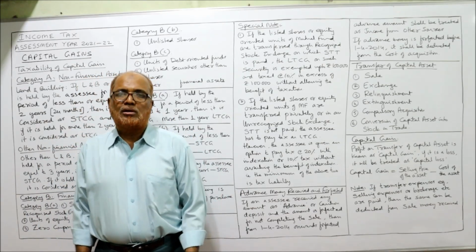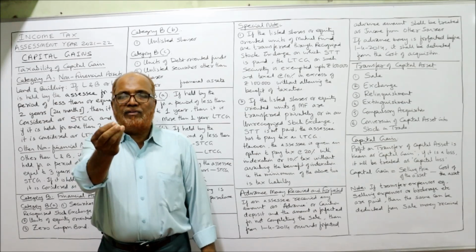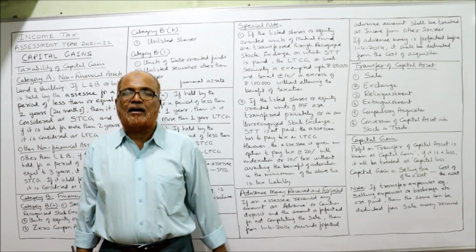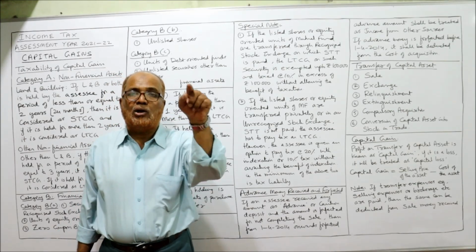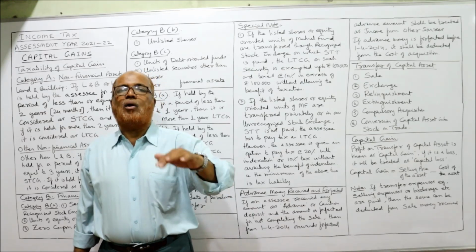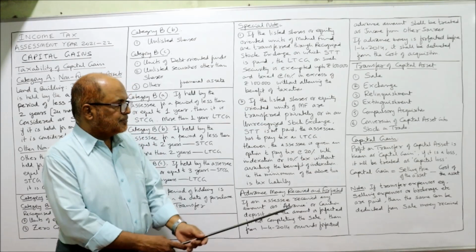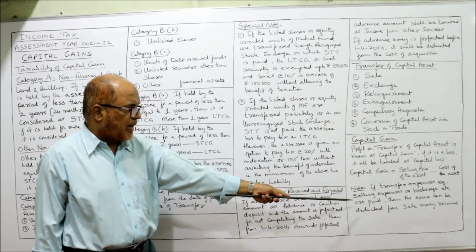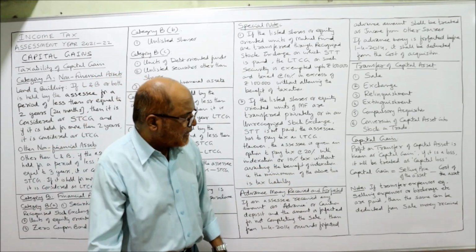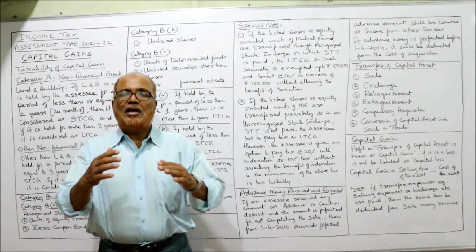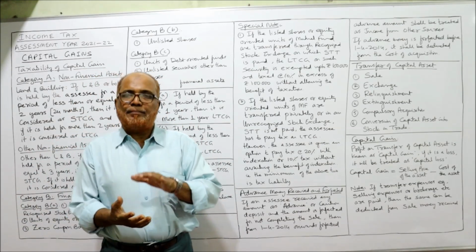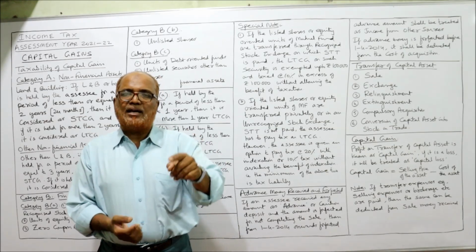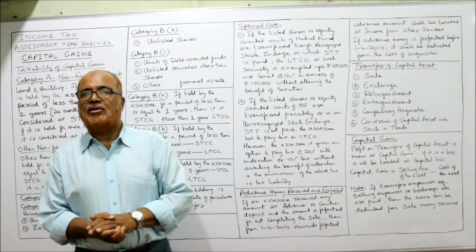Sometimes there is a capital loss. The sale price is 10 lakh, whereas cost price is 15 lakh. So 10 lakh minus 15 lakh, you will get minus 5 lakh. That's a capital loss. So we may get capital gain or we may incur capital loss. Last one. If transfer expenses, example selling expenses or brokerage are paid, then the same can be deducted from the sale money received. Sometimes in order to sell the asset, the SSC has incurred some brokerage, some selling expenses. That brokerage or selling expenses can be deducted from the consideration received.